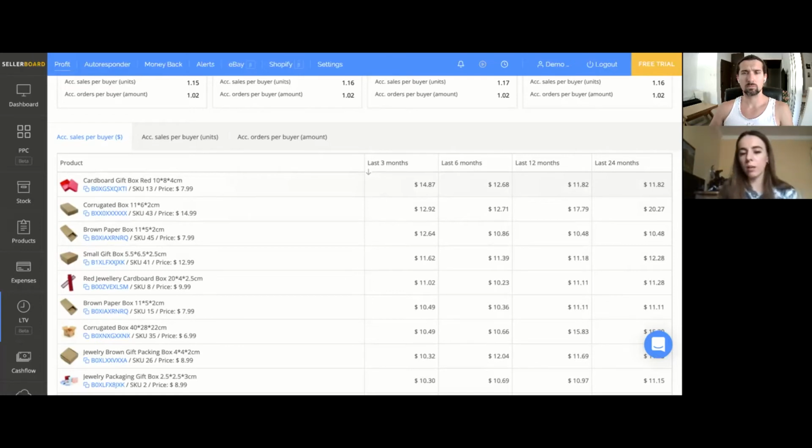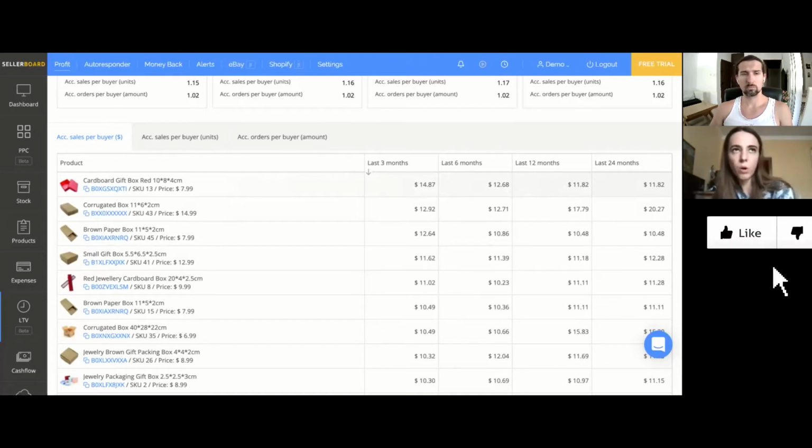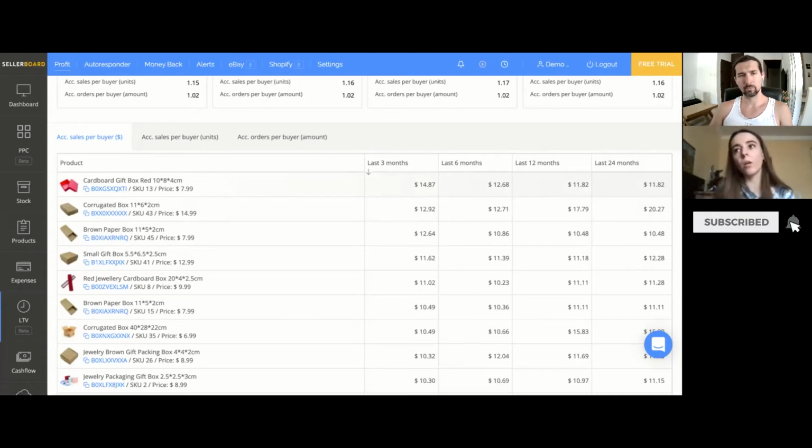Basically, this is a cardboard gift box in the example, and it's not something that's consumable on a daily basis. So mostly people will buy a card box when they're expecting Christmas holidays, or to go to some parties, to give some gifts and so on. But this is not something that they'll buy on a daily basis, right? But if you're selling something that's consumable every day, let's say, for example, paper tissues,